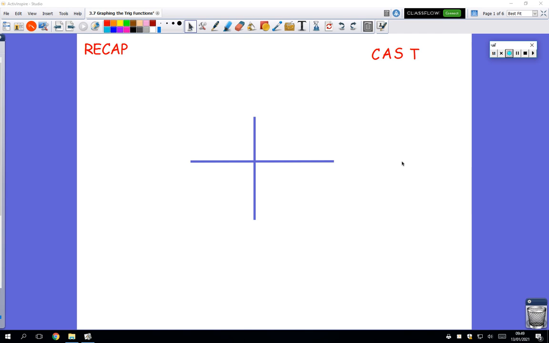Okay, in this lesson we're going to look at graphing the trig functions, and in fact just looking at tables of values initially for the trigonometric functions. So quick recap, again, if we take any angle, angles start from the top side of the positive x-axis and sweep, positive angles sweep anti-clockwise. So if I take some angle, there's an angle finishing in the third quadrant, and I take some point there on the terminal side of that angle, x comma y, and that point is a distance of r units from